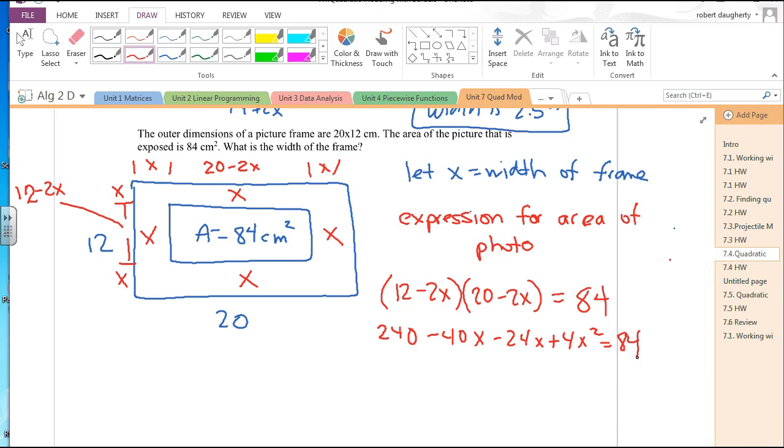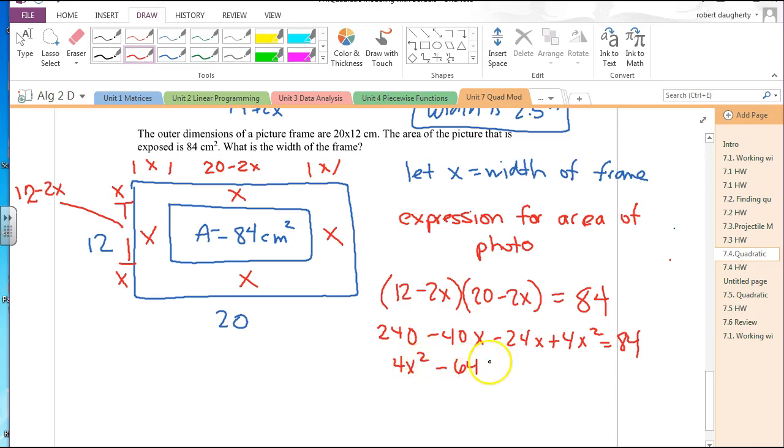Because in this case, I know the area of the entire frame is 240, but what I'm solving for is the area of the inside picture. So this 12 minus 2x and 20 minus 2x, that's the distance from here to here and here to here. So when I multiply those together, I get the area of the inside photograph, and that's 84, okay? So this one's a little bit backwards. The other ones, you started with the photograph, you had to add the area of the photograph to the frame to get the area that the whole frame takes up. Here, you know the area the whole frame takes up, and you just have to figure out the area of the inside photograph. So let's see, this is what, 4x squared